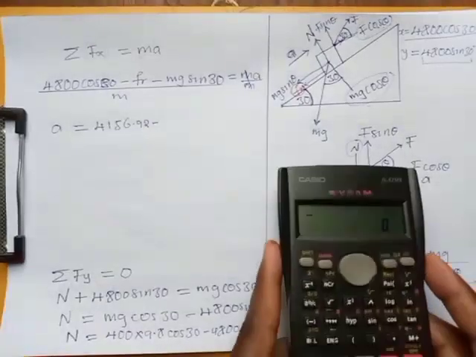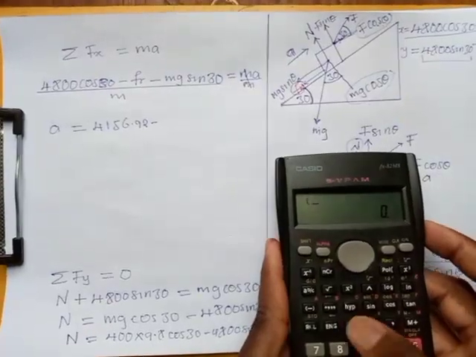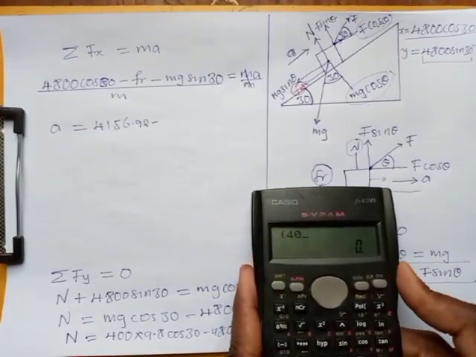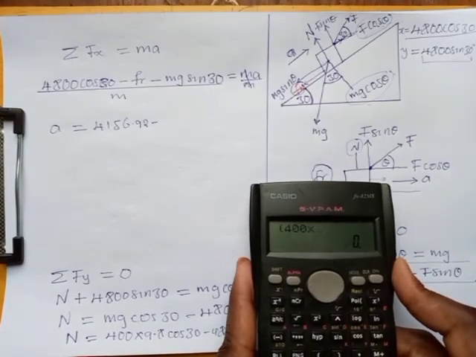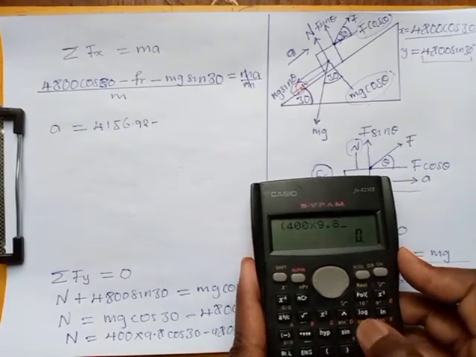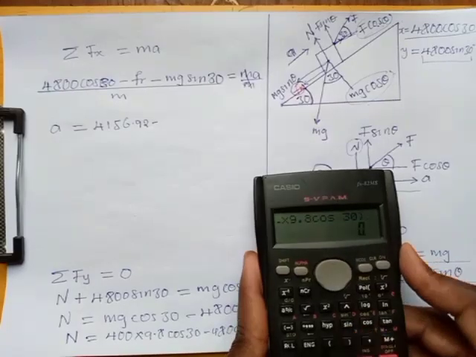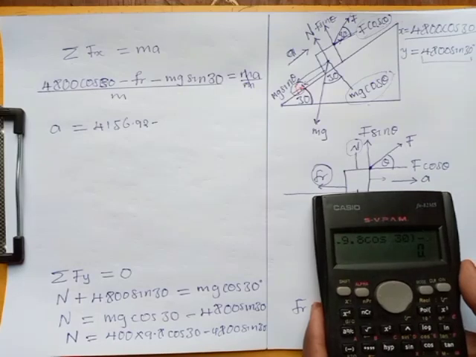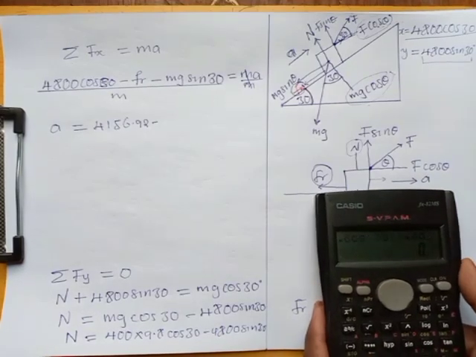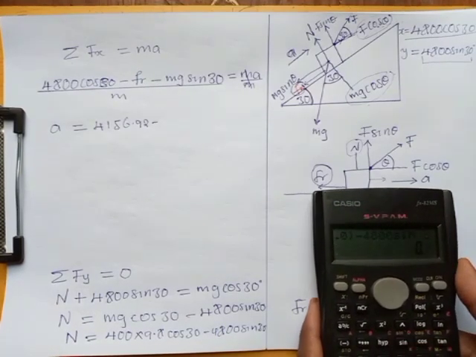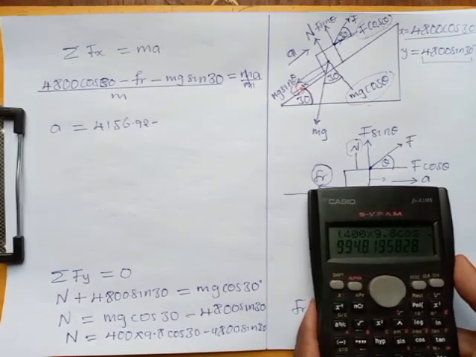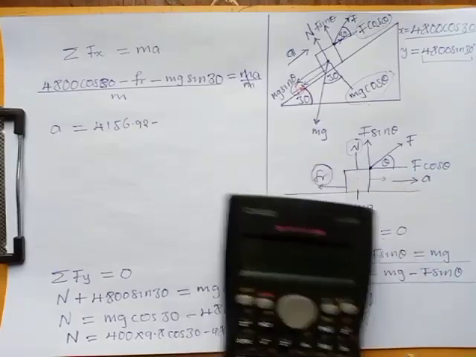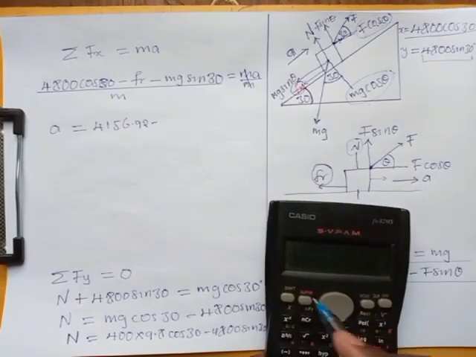Okay, so I'll start with this one. I'll put everything inside the brackets. Now then 400 multiplied by 9.8, that is cos 30. I'll close and I'll say minus 4800 sine 30. So definitely we are getting the answer for normal force as what? We are getting this answer as